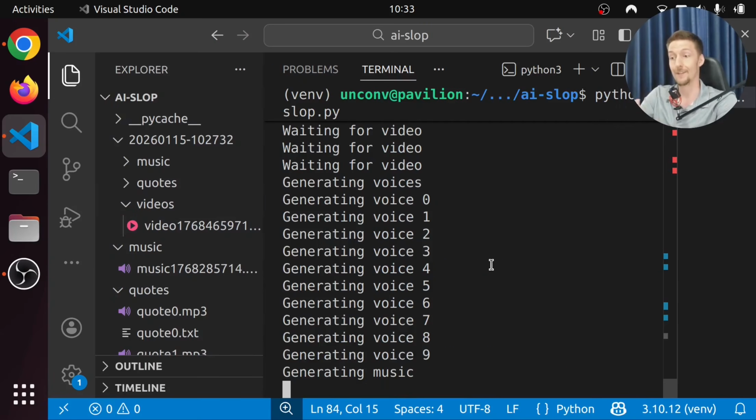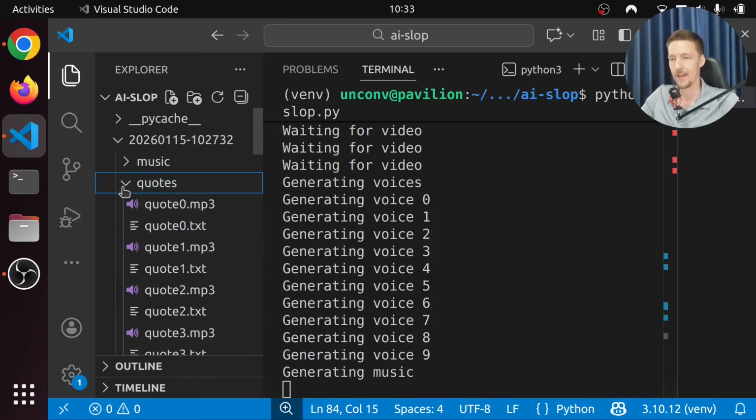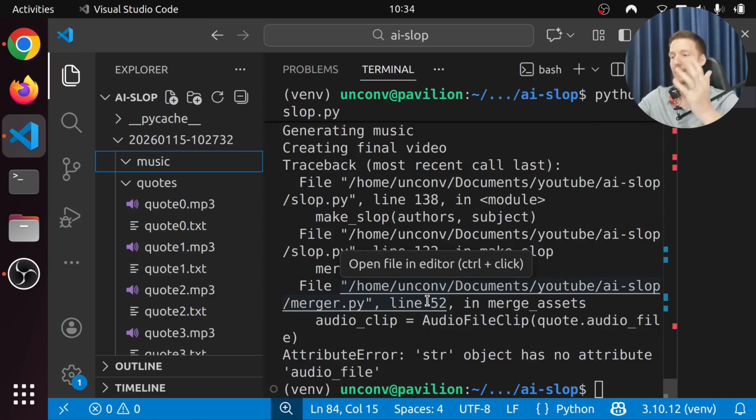And now we're generating music already. And we have quotes here already. So the next step after music is going to be the final video. And the whole thing is generated with one script, which basically the prompt is just parenting. Of course, we have built-in prompts in the code, but we just gave it a subject